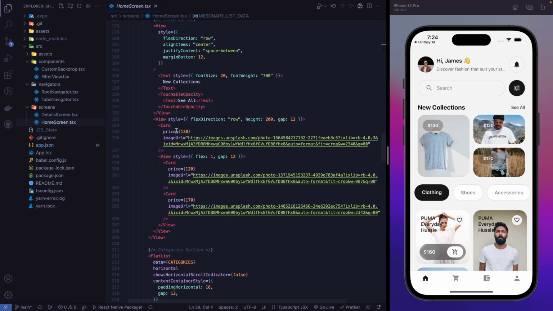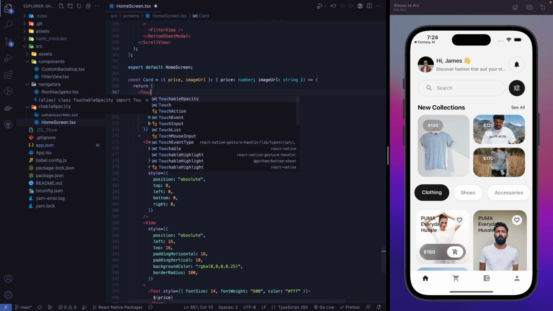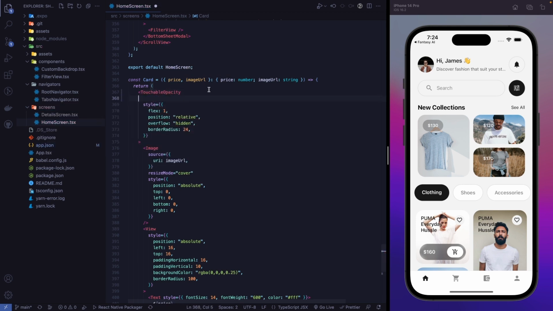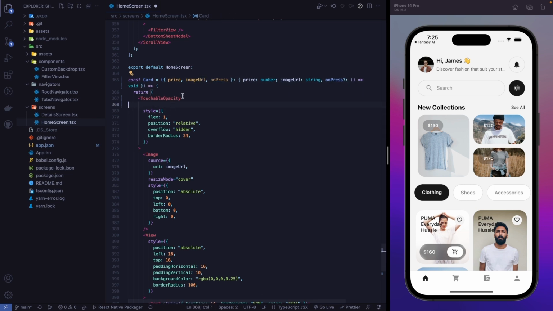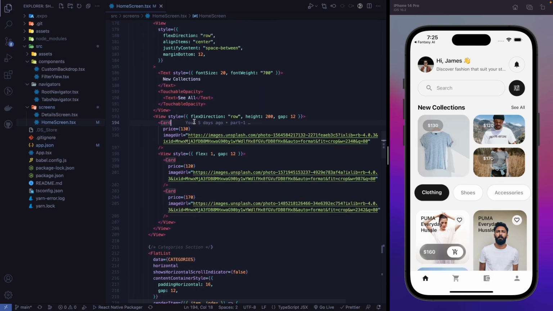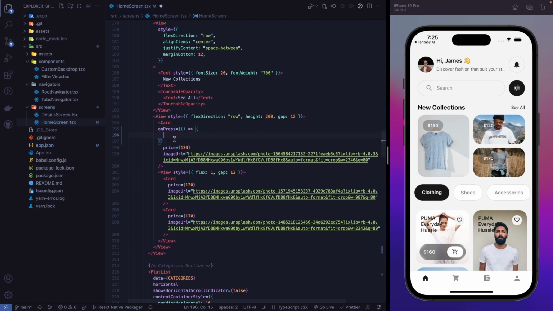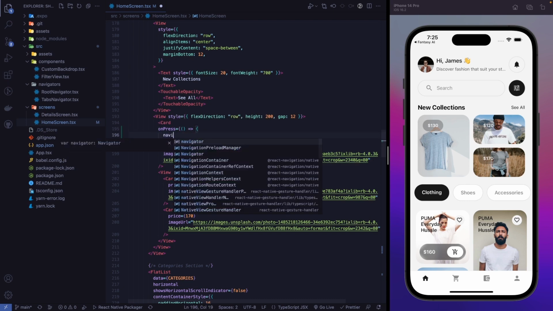Now let's go to the card, and inside the card we will replace this view with touchable opacity, and let's add a type for our on press. We will use this on press type. Let's first just add it here, and then now we can access that on press right here. So whenever someone presses this card, it will trigger this function. So on press we will navigate,